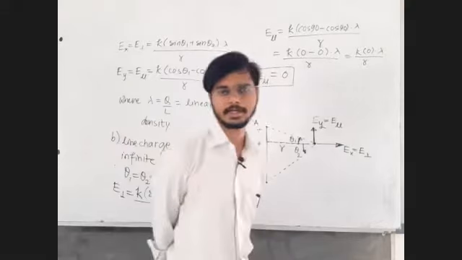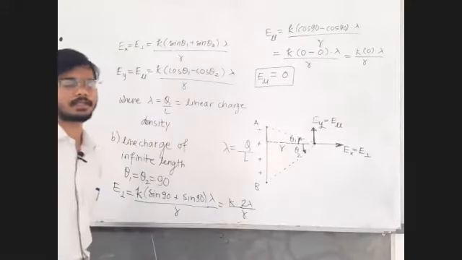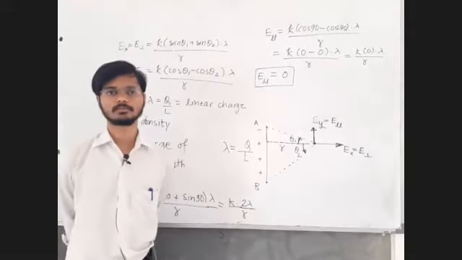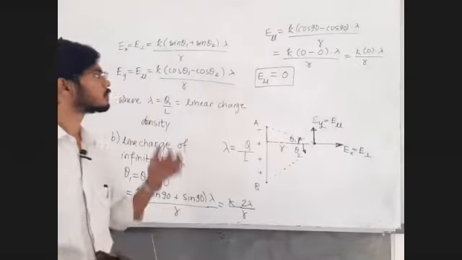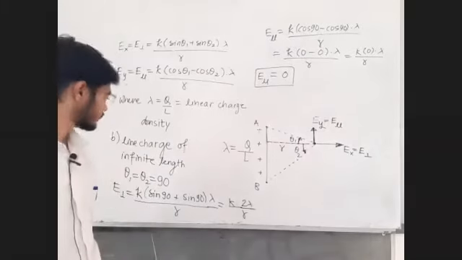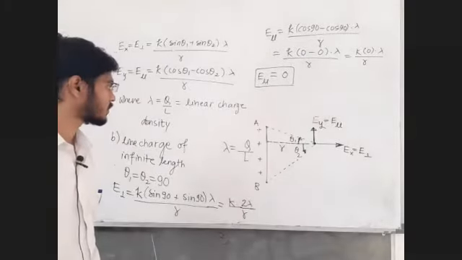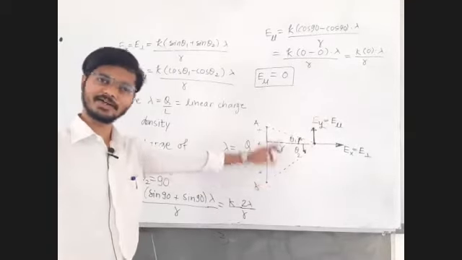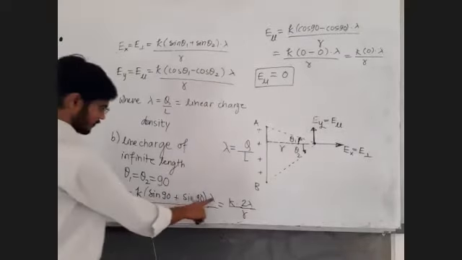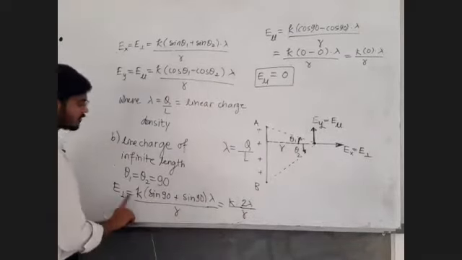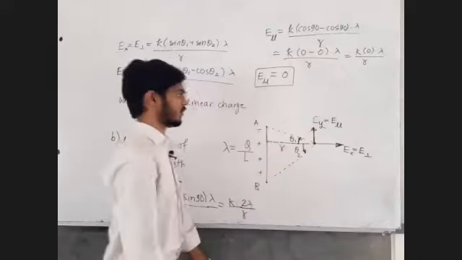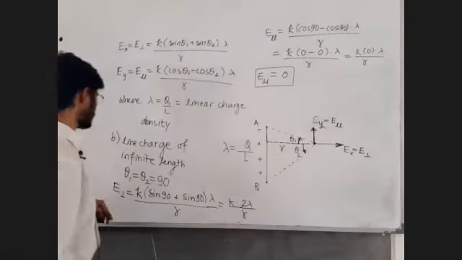Reply to me in the chat box, clear and written. Write it down and then let me know. Good. Okay. So the finite formula we will remember, and the infinite formula we can derive as per the requirement. K into some value into lambda upon R. Perpendicular means sine plus. Parallel means cos minus. Okay. So this interesting case is also over now.